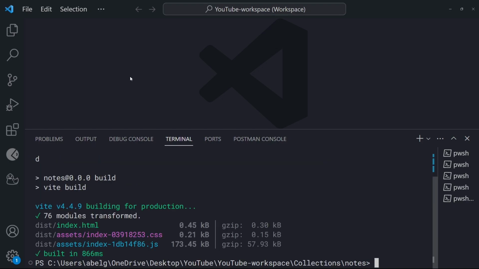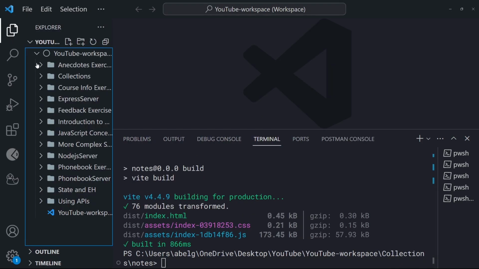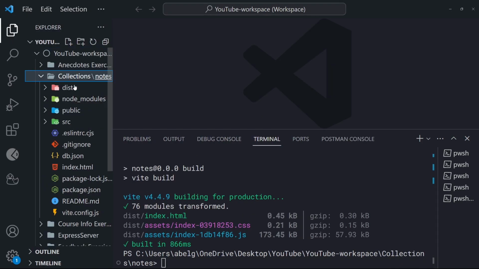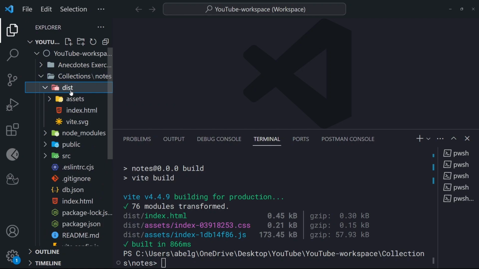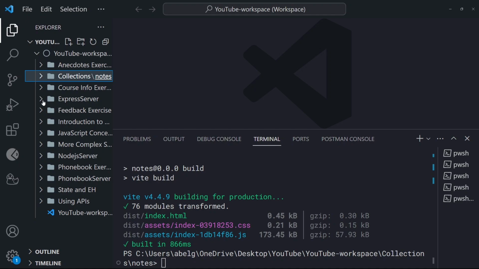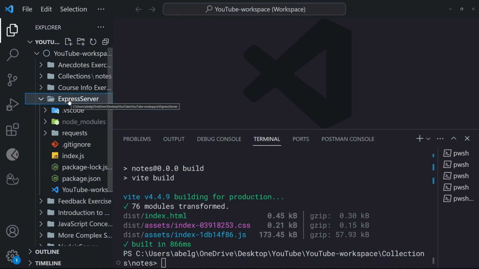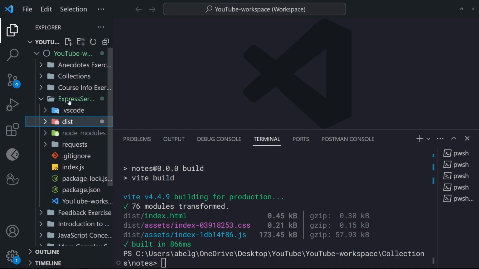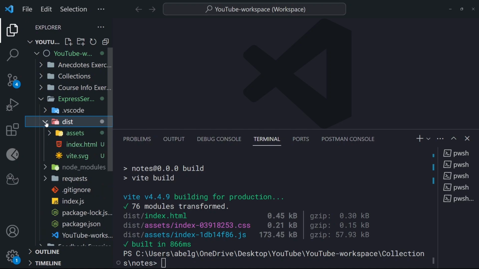Once that's done, if we head over to our collections folder, we can see that a new folder has been created called dist. So this is going to be the production build of our front end application. Now we need to copy this folder and we need to move it to our backend. So we're going to copy this folder and we're going to head over to our Express server and we're going to paste it in. Now if we check inside the dist folder, we can see that we have an index.html